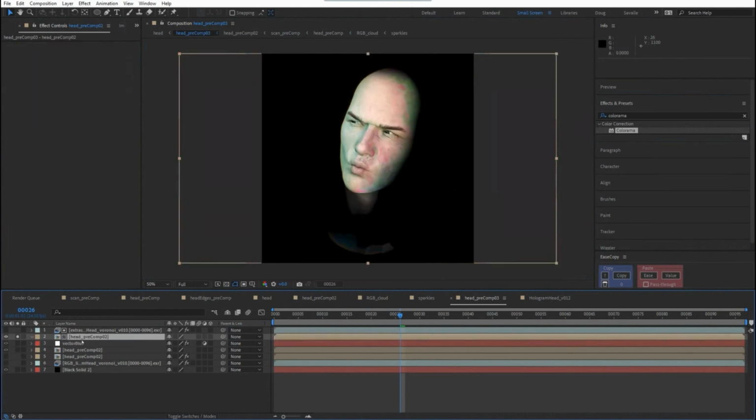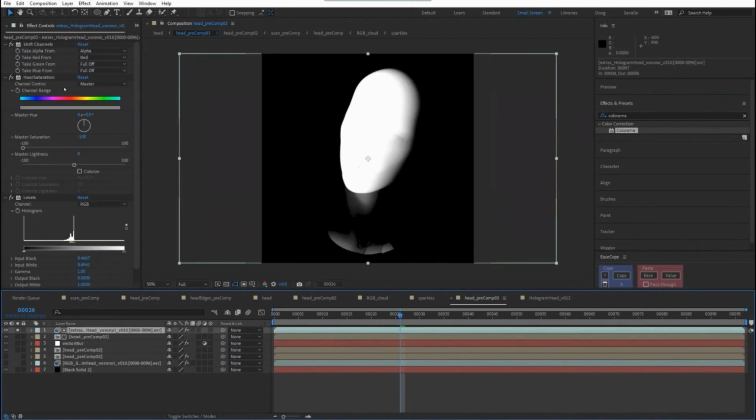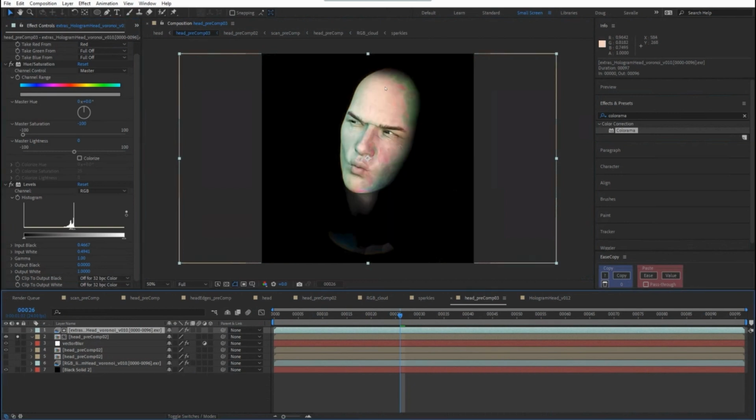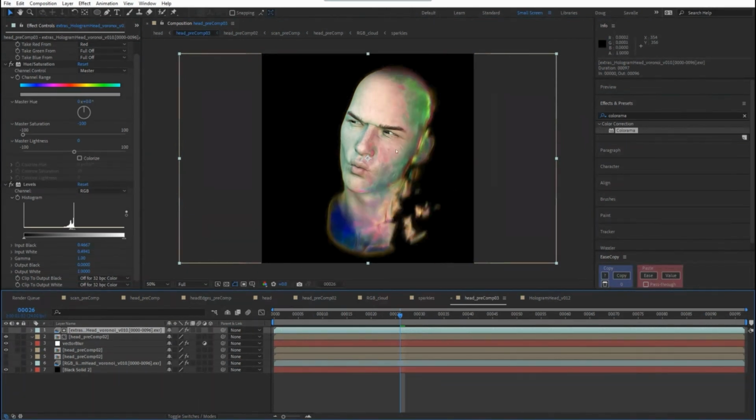And then that face, we're cutting out the front of it again, like we said we were going to do with our extras pass. We're using this extras pass here, adjusting the levels to really just pull out the front of it so the rest of it kind of falls off. And that way we just get a clean render on top of our blur, because we don't want to lose the face. We want to make everything that's not the face kind of fall off into the background.